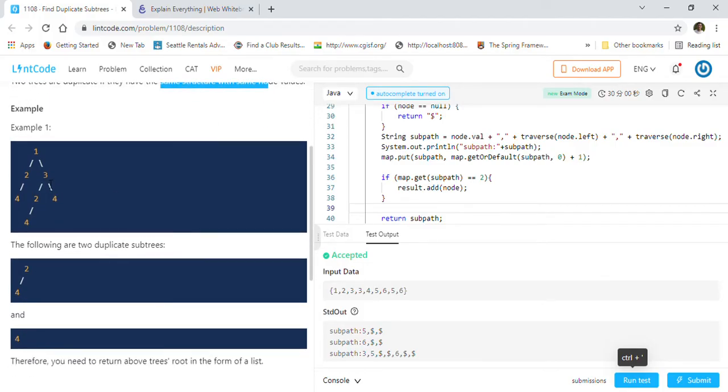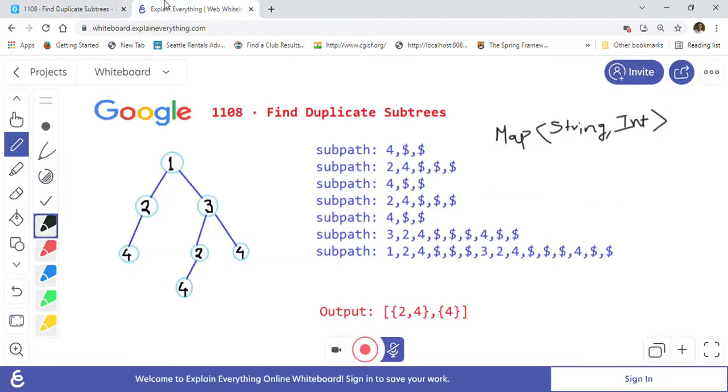So they have given us this example. Let's take this example over here, and we will look at how to find duplicate subtrees. This is the tree that they have given us in the example, so I took the same tree. Let's say this is our subtree. As you can see, this subtree is repeated here also, right? 2 and 4 are repeated here also. So we have to output that 2 and 4, and as you can see, this is the output, 2 and 4.